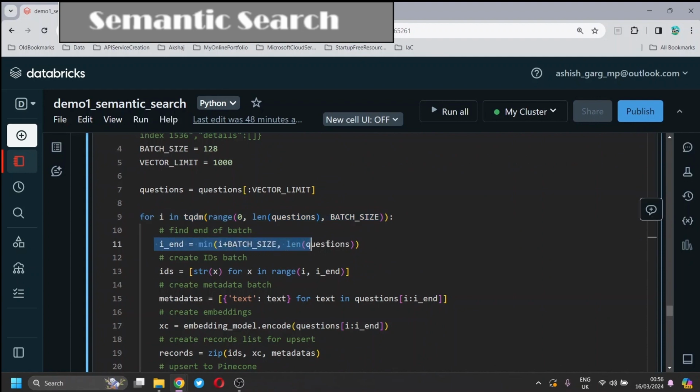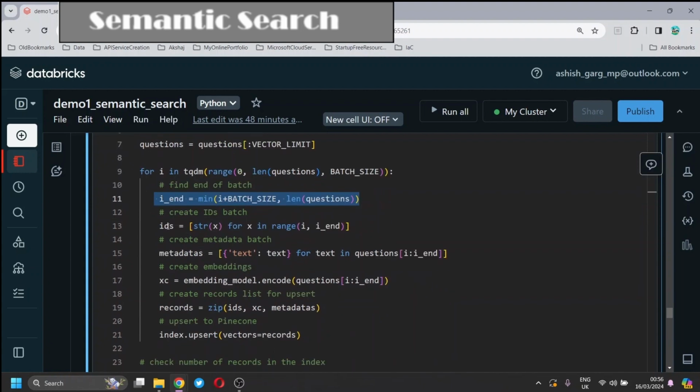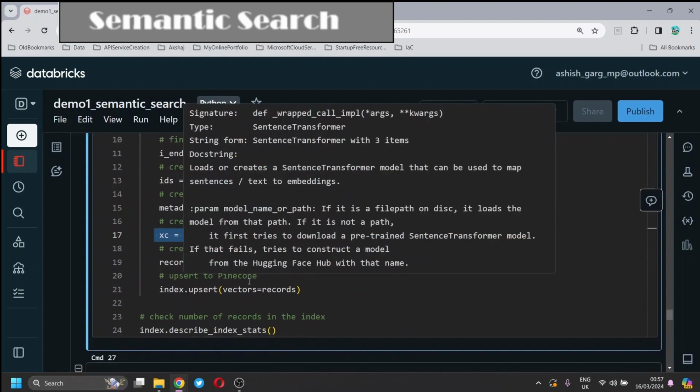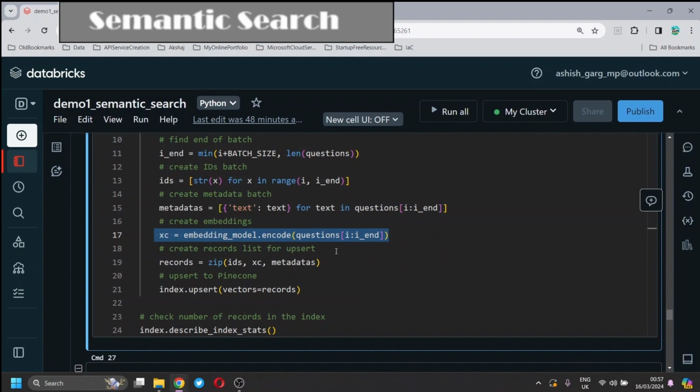So this is where we check what will be the last record for my batch in each iteration, then putting the IDs of the same batch in a list, then metadata that contains the text in a list, and then we are encoding this using the embedding model. So that's how we create different vectors